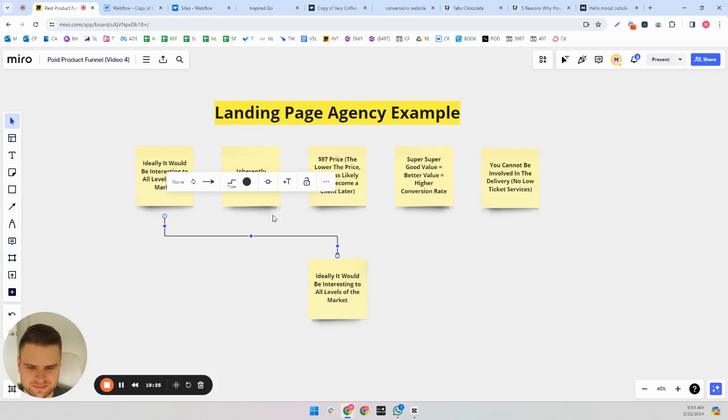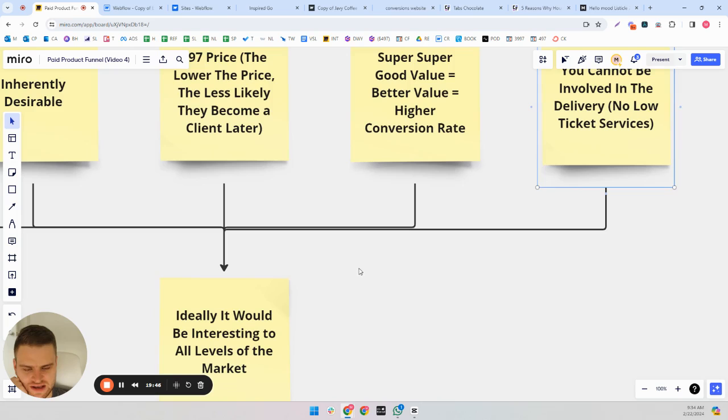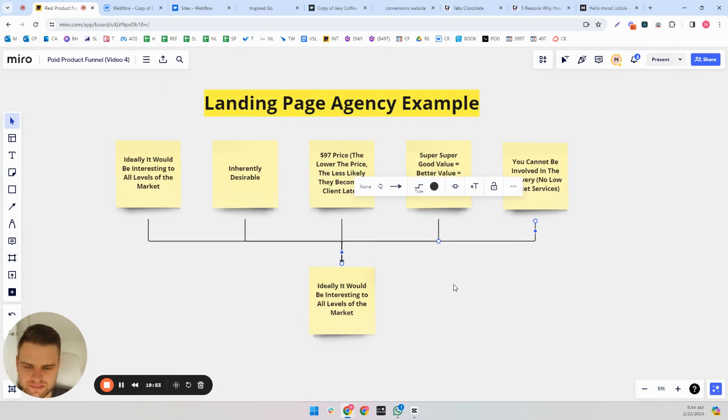So for a landing page agency, and this is an actual example that I ran for quite some time, I put maybe between $500,000 and $600,000 of ad spend through this, and it was profitable over that period of time. So at least that much in sales. In most cases, making profit would be good, right? Why not? But in most cases, you just try to break even